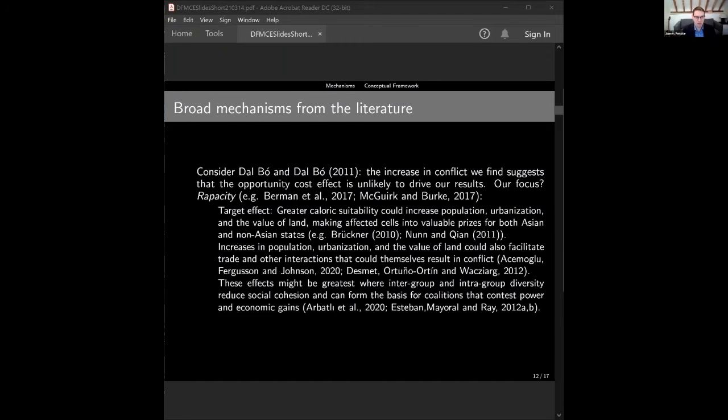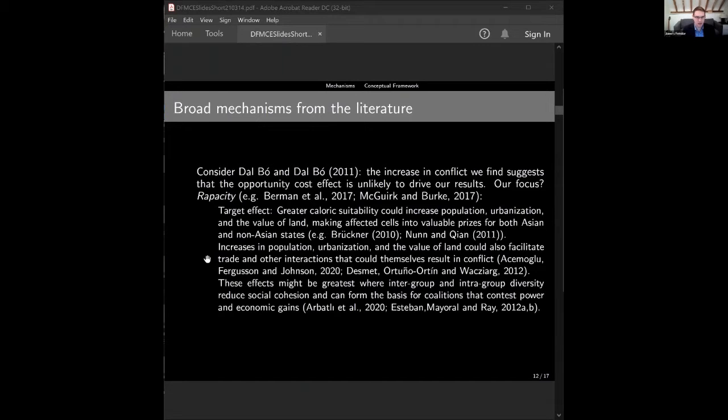Maybe it just makes land more valuable. And so both Asian and non-Asian states would want to gain control of these. We could also imagine that urbanization and population lead to more interactions between people. And if any given interaction has the potential to spark conflict, that's another way through which population and urbanization could